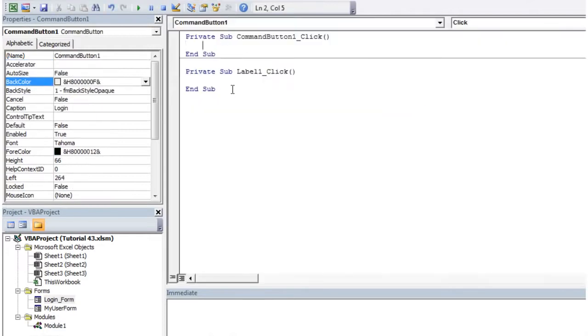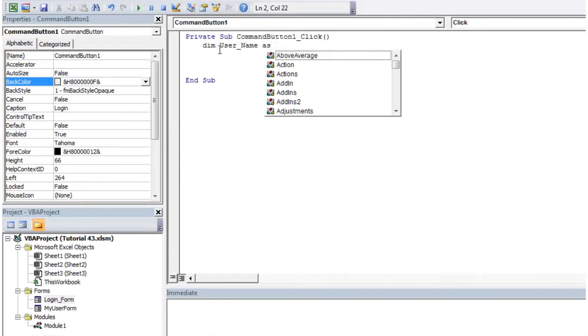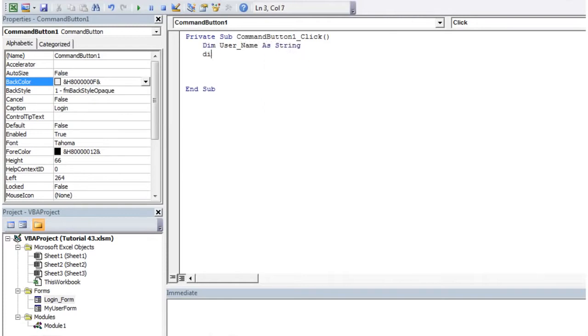So let's double click on this, and we don't want that label click one because we don't want anything to happen on the label click. So we need to first of all create two variables in our code, one to store the user's username and one to store their password. So let's put in dim username, and let's not use username because that's got a chance of being a default one. I'm not sure if it is, but, and that as a string, and then dim user underscore pass as string,